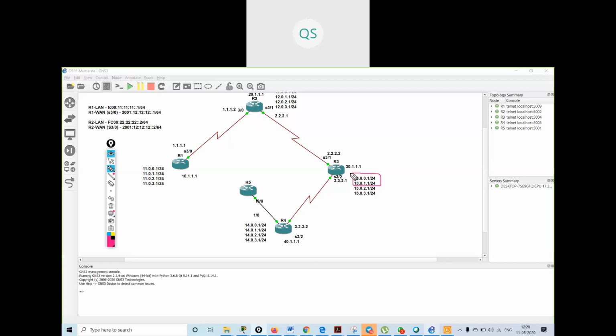I will use the prefix list and also the distribute list with prefix list, so I am using the same concept as the distribute list. I will deny these two loopback networks from getting advertised to R2. Understood?